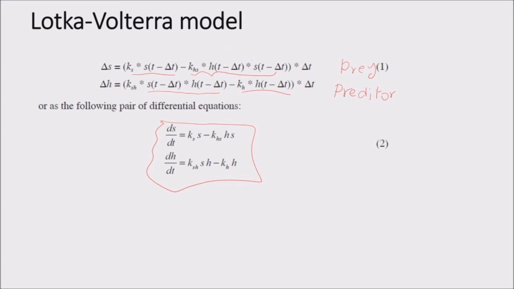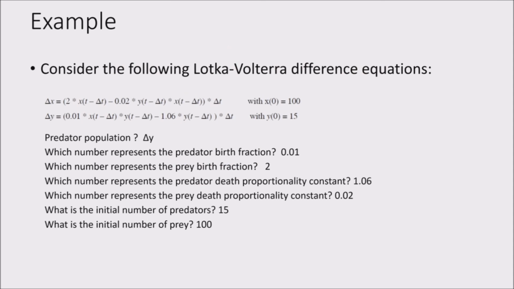Okay, so you can write it like this as well, both ways are saying the same thing, right? It is very important for you to know how to identify which one is prey and which is predator. In this case, this is what we call the Volterra model, and this is the model we're going to simulate in Vensim. These are the example questions I would give you.